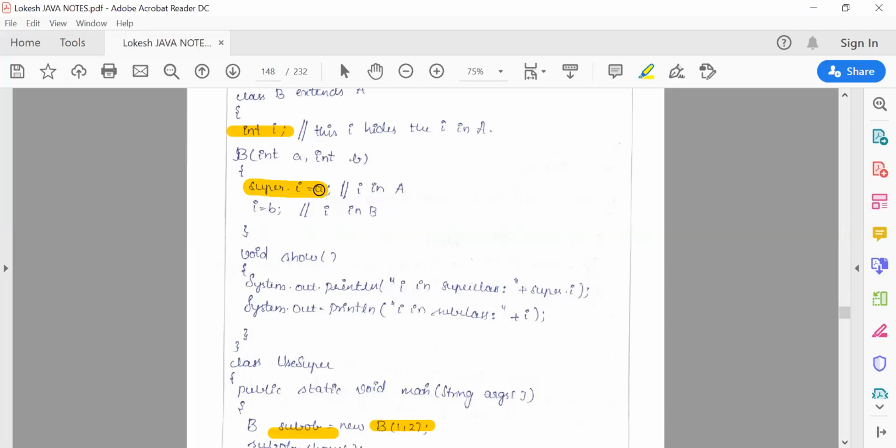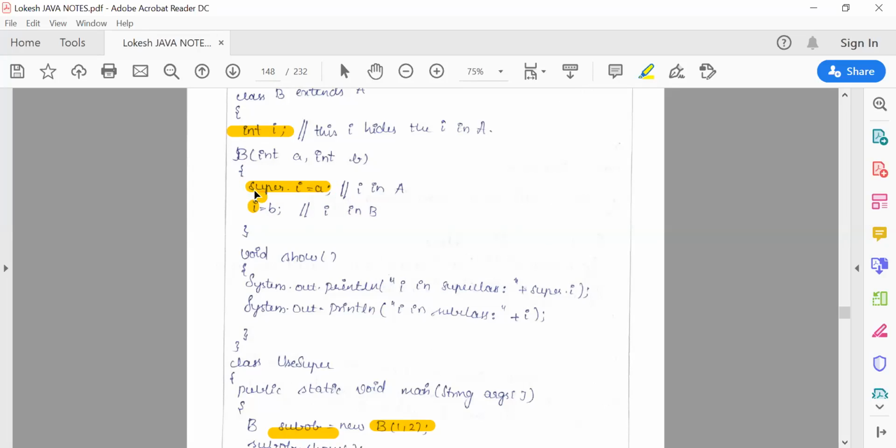We wrote a statement super.I equals A. The reason is, in case super is not used and you just write I equals A, I automatically refers to the member of class B, not to the member of class A. Even this I would refer to the member of subclass B, but I need to refer to the member of the superclass.